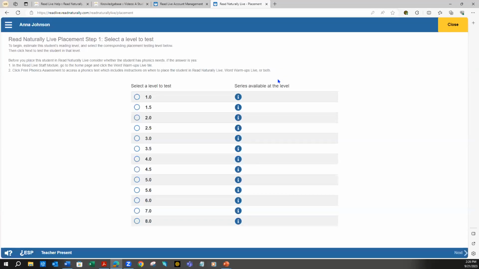Now, if you remember, Anna was a 7th grade student, and we recommend that if you have a student that you're placing, you should probably start about 2 grade levels below the grade that they are enrolled in. So Anna's in 7th grade. I'm going to start her placement at 5th grade. I'm going to choose the 5th grade button. I'm going to click Next,